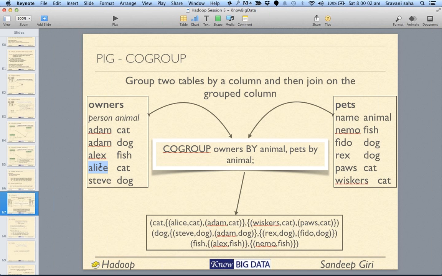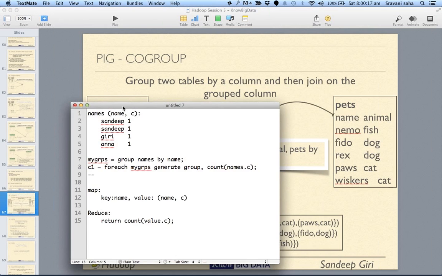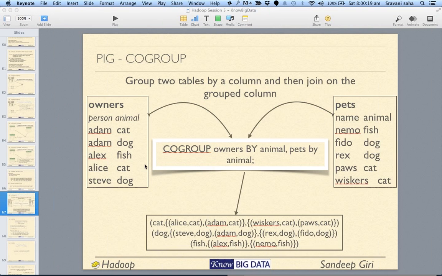So I've actually reversed it. Basically, it first groups them and then joins them, instead of first joining and then grouping. So it first groups them and then joins them. Okay. So here you can see that if you group this table, let's say for